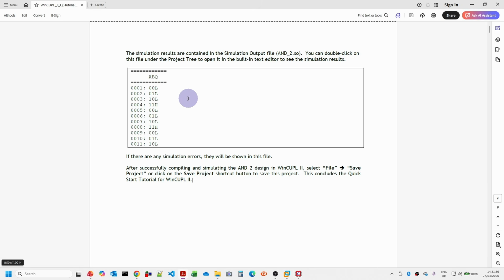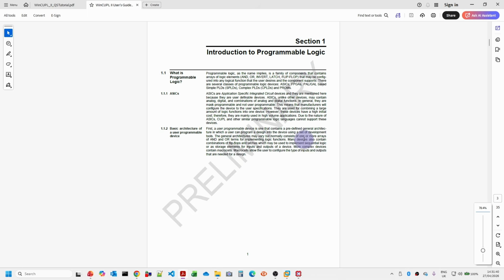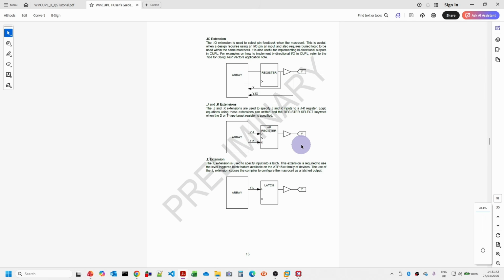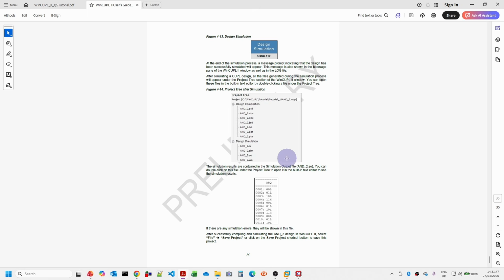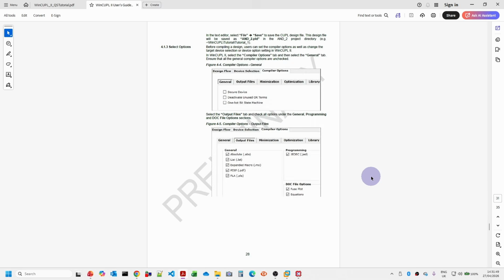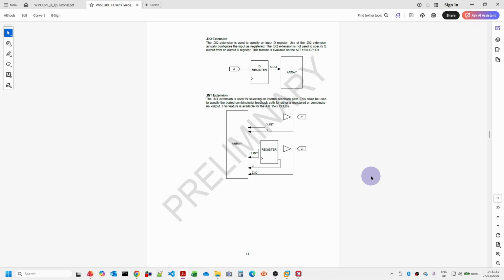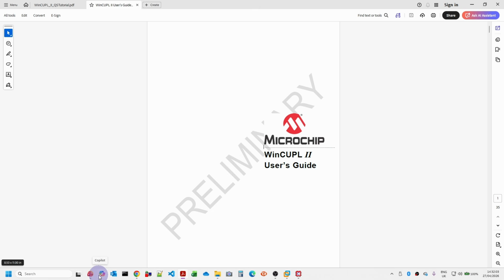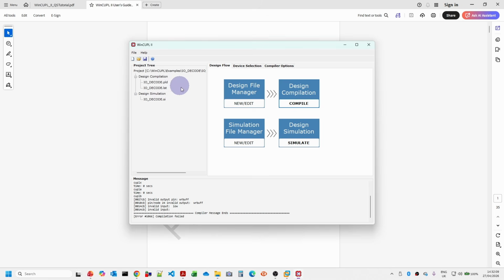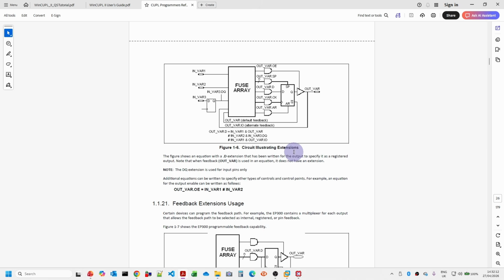Then there's a user's guide. Some of these have got preliminary on them, so hopefully these will be finalised. I suspect some of the diagrams in here may have come from earlier versions, and they might be looking at perhaps redoing some of these because one or two of the diagrams in other documents are not perfect. And the CUPL reference guide, again,